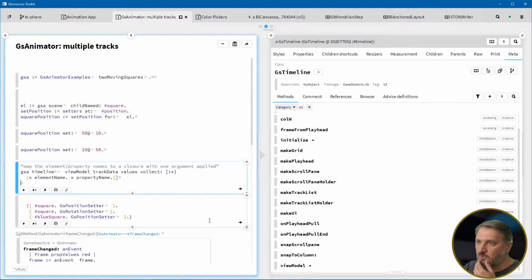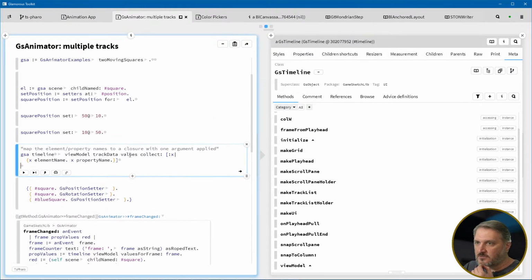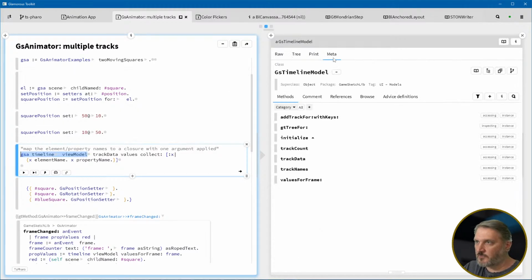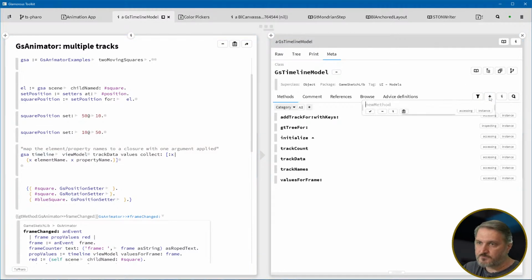And I think it would be called keys, but so just view model, track data. So the GS timeline model should do this. I think we can ask for the view model and then get the track data. So this will be a method on the model. All right, so we'll call this get track elements, or track element and property names. That's a load of stuff, but